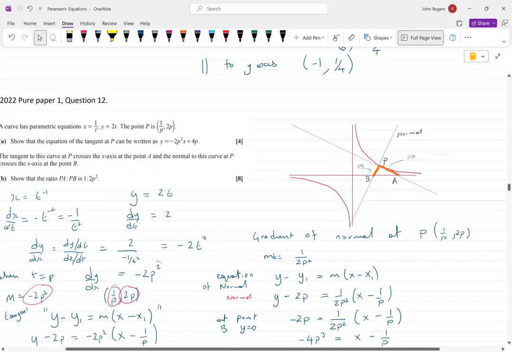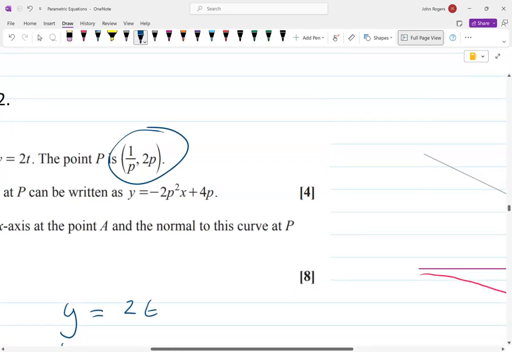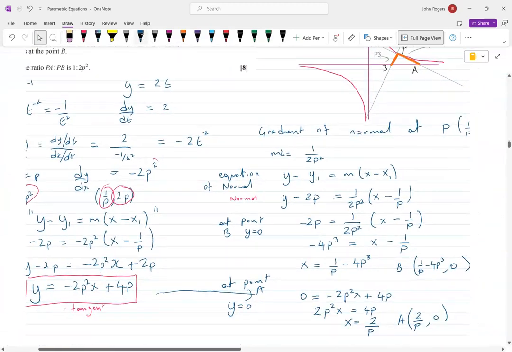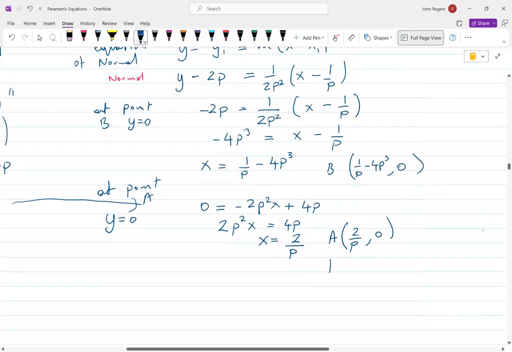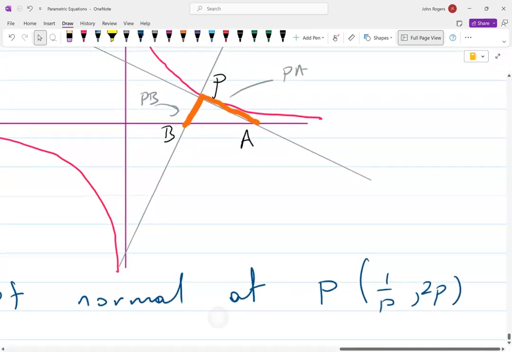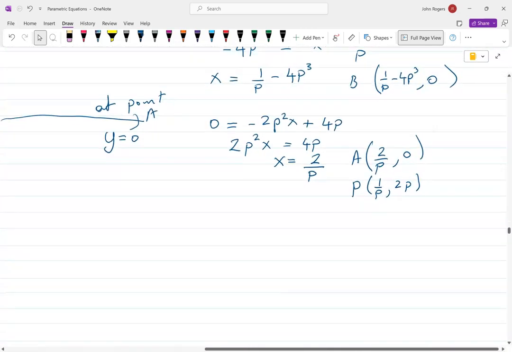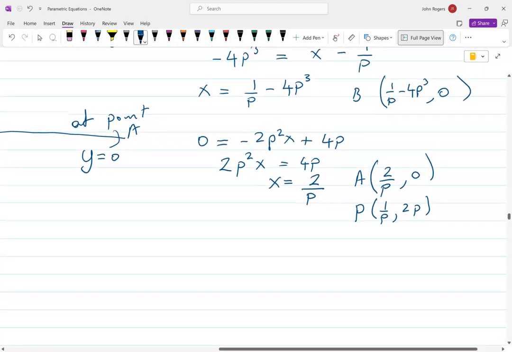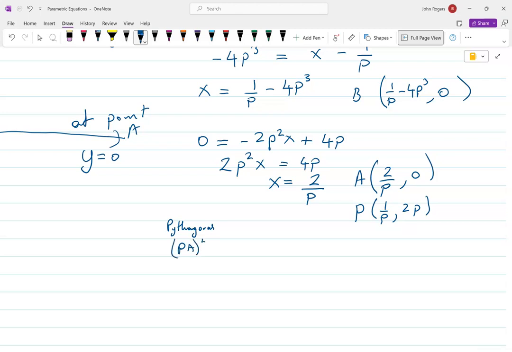And a reminder, the point right at the beginning of the question, I'll rewrite that again. The point P is 1 over p squared, 2p. So, okay, just a reminder, we want to find the lengths PA and PB using coordinate geometry. So we can say PA, I'm going to use Pythagoras, the difference in the y coordinate. PA squared